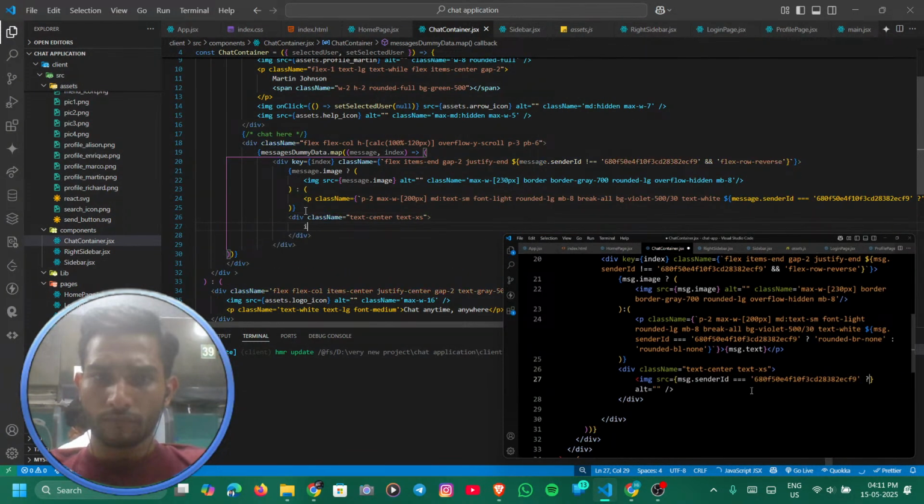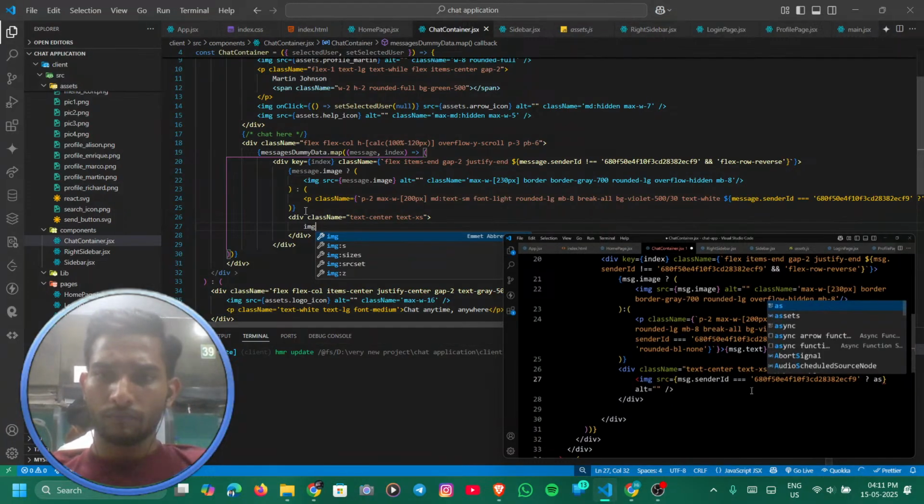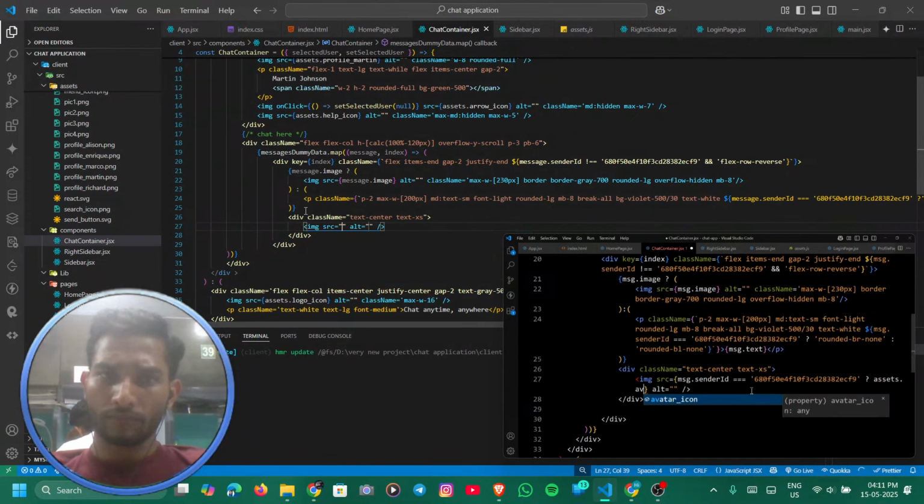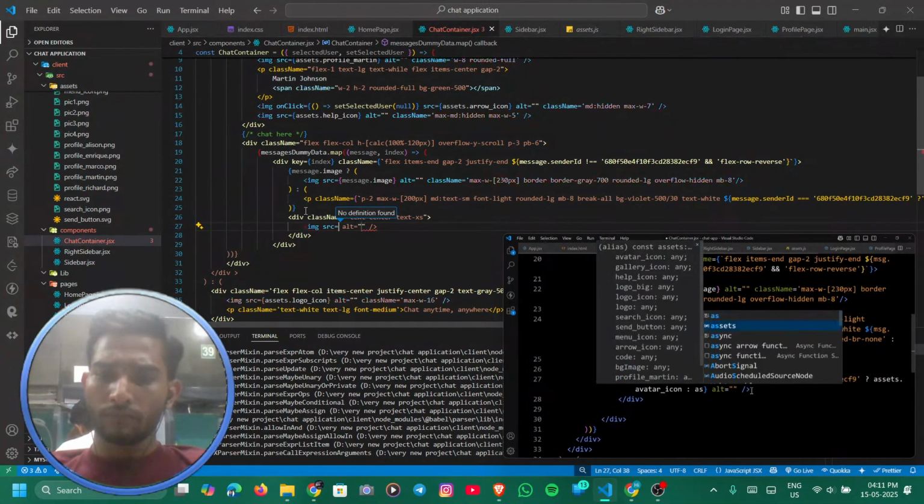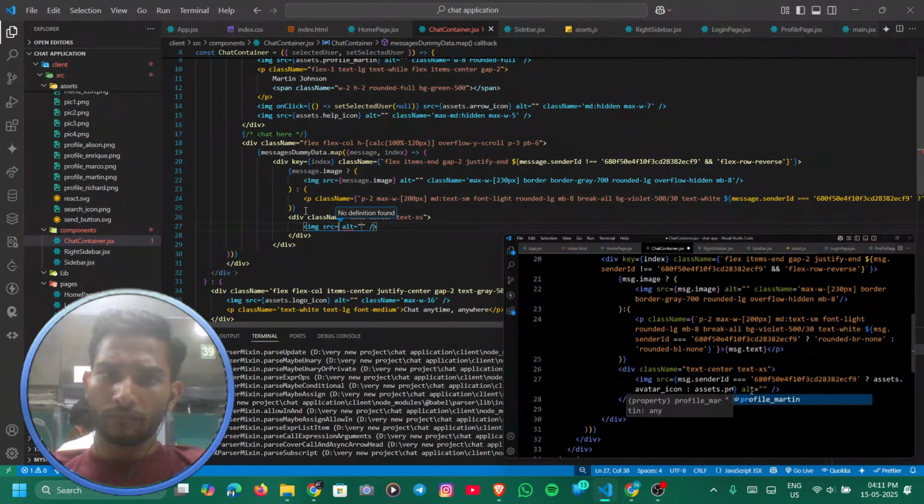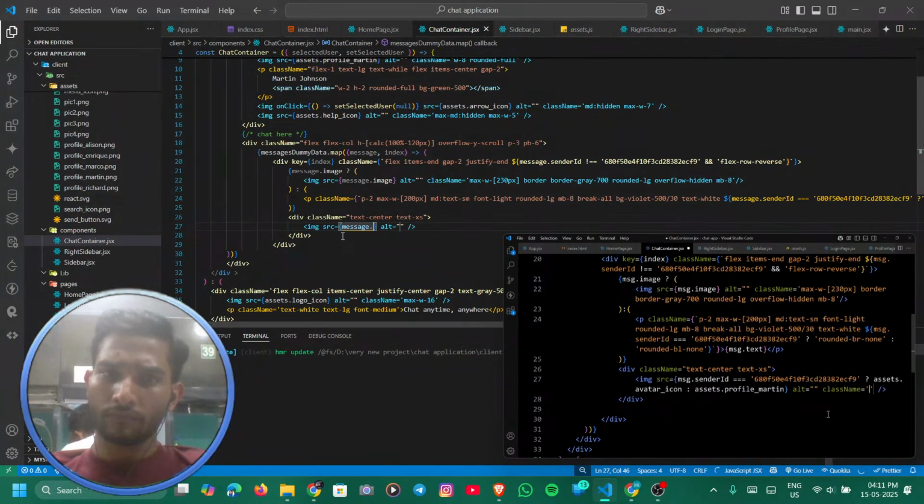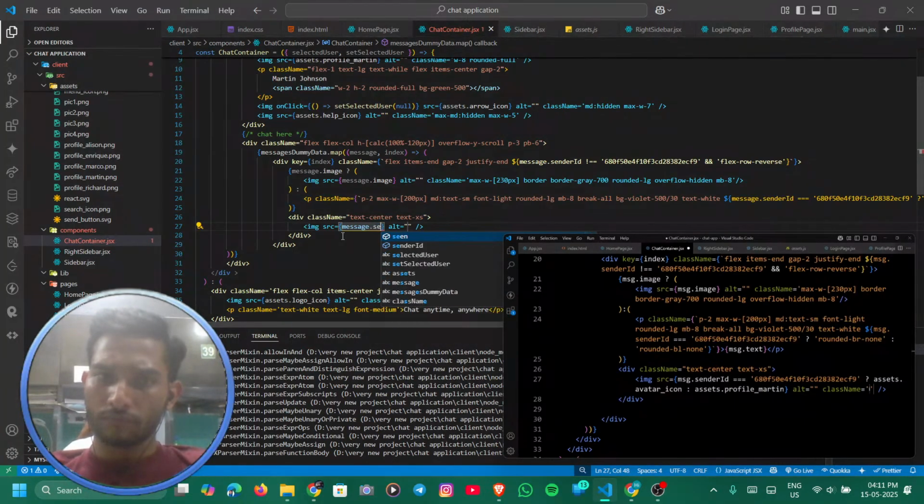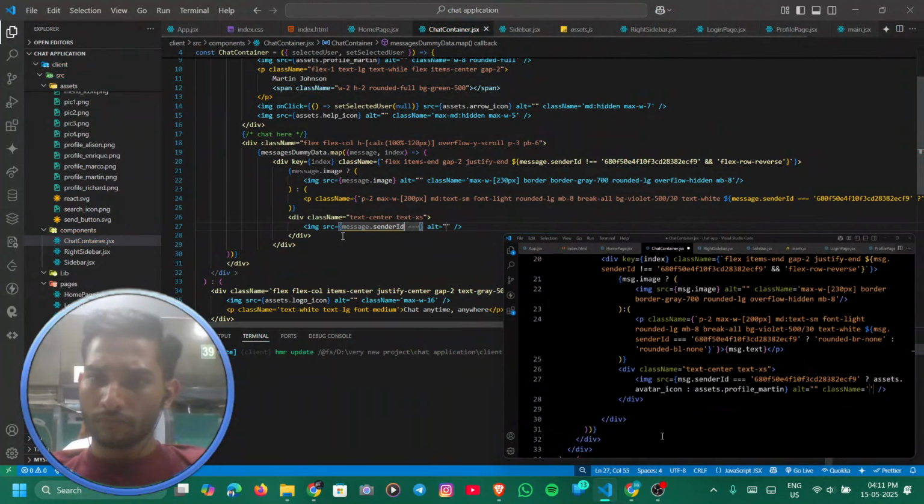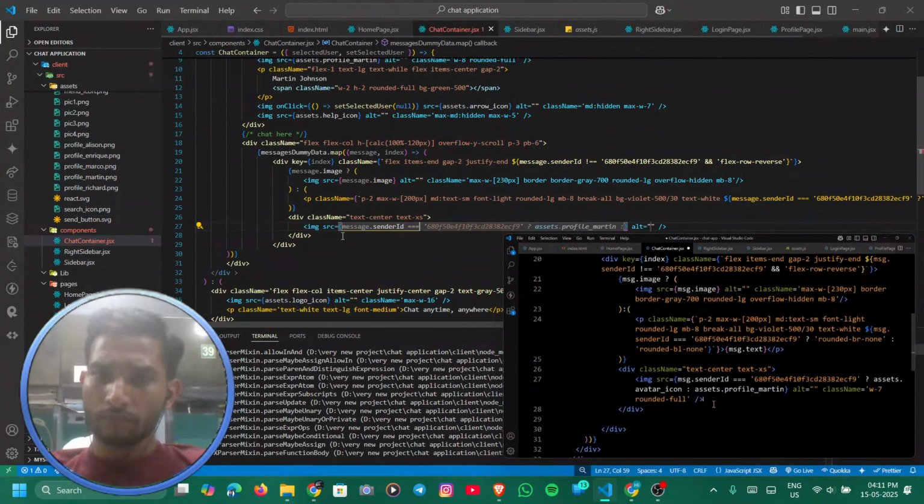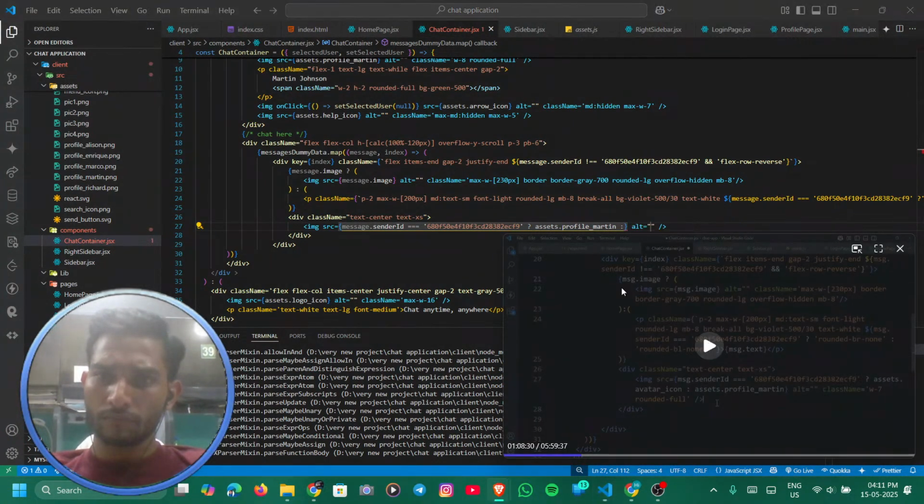If it is true, in that case just add the assets dot avatar icon, and if it is false, then we'll add assets dot profile icon or profile Martin, like this. After that, here we will add class name, and here we will add the width, and we will also add the rounded full, like this. Next we have to display the